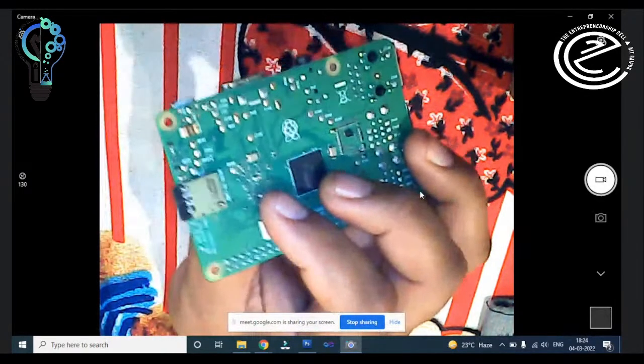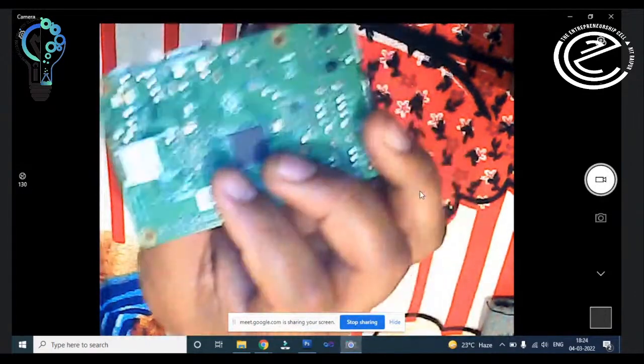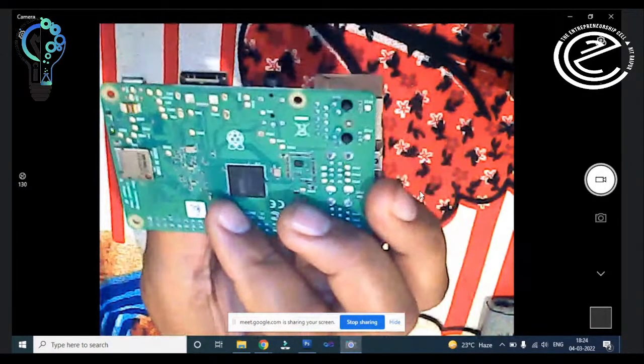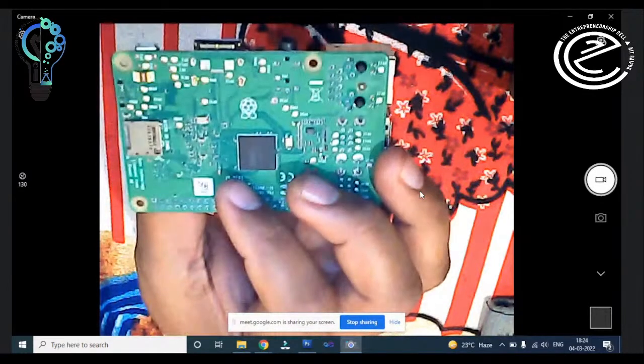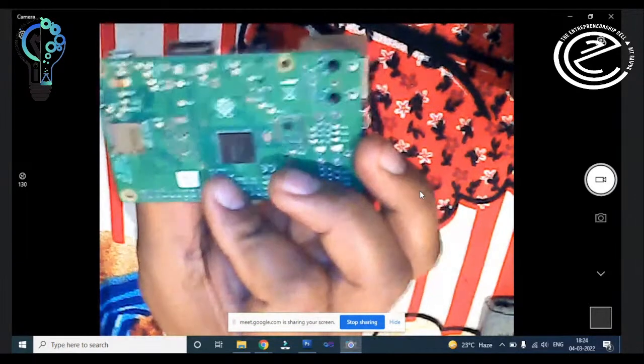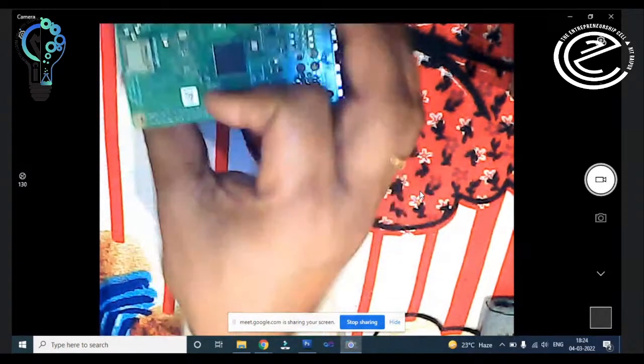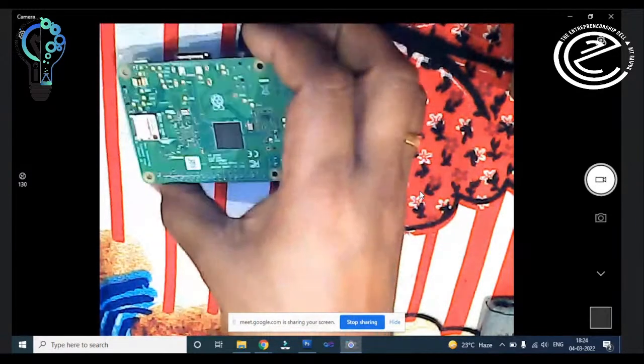You can use 32 GB card for this Raspberry Pi, right? The recommended card is minimum 8 GB, but in the 8 GB you cannot use all the functionality of your operating system, right?